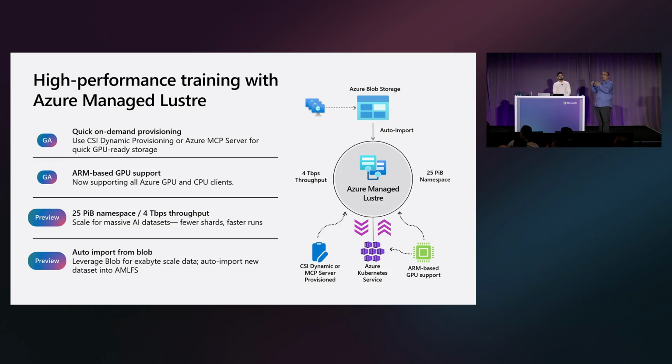And you can keep your larger data sets in Blob, auto import that data into managed Lustre, and then attach, through a Lustre client, that data to your GPU clusters. There's some really great improvements coming in this as well. It's been GA for a couple of years. The biggest thing is a continued growth in the namespace, 25 petabytes, 4 terabits of throughput, and the auto import capabilities